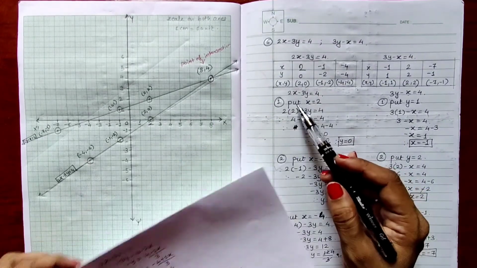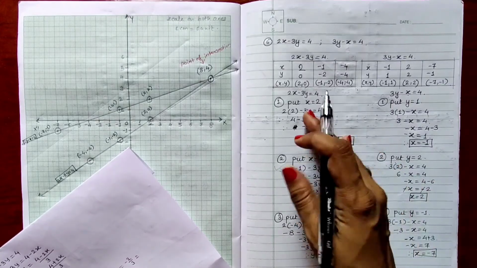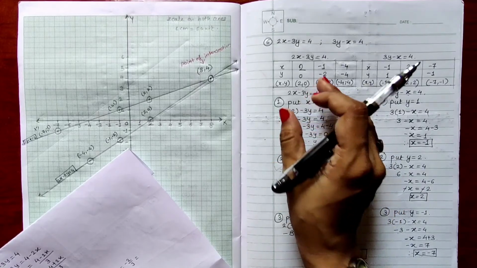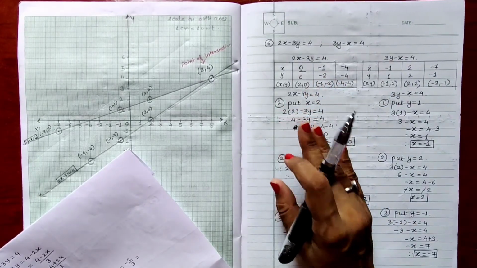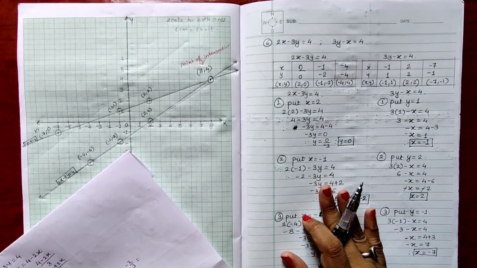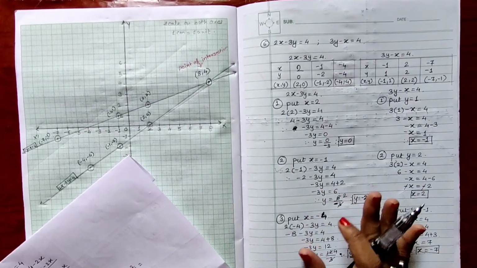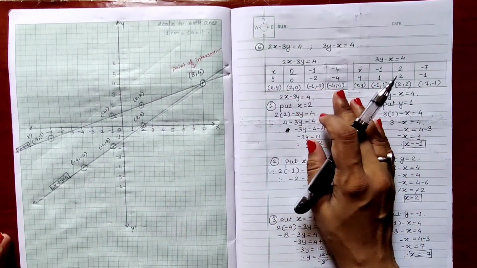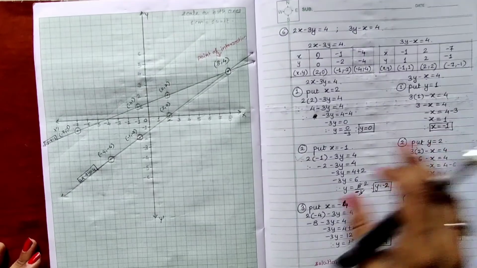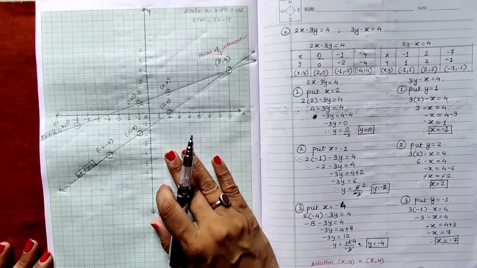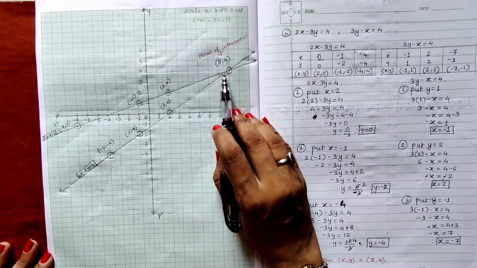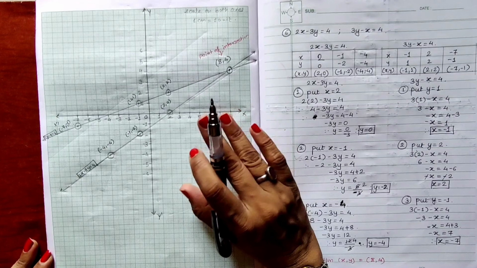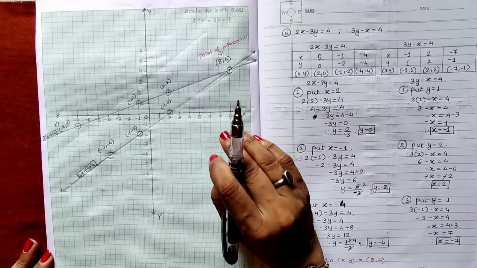Otherwise you can keep the equation as it is and solve. That will be very easy. So I suggest you solve the equation by keeping the equation as it is and then put the values of x and get the value for y. So whichever method you find convenient, you can solve by that method. The important thing is to get these 3 ordered pairs so that we can plot the coordinates on our graph and get the point of intersection. That means to get the solution of the equations. So in this way we have completed our practice set 1.2 here.